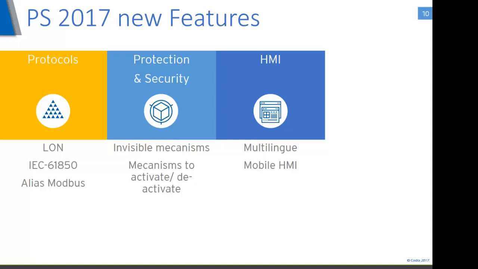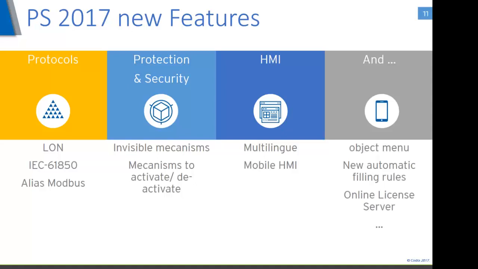Of course, the topic of today, the new mobile HMI, is a mobile app which connects to a Panorama E-Squared application server and provides specific mimics. And we will see further in the presentation that building these mimics is very easy. And of course, many other new features. Those are the main ones. And there is a new object menu, which deals with review, search, filtering, highlighting, and which is easy to add in your current Panorama E-Squared application.